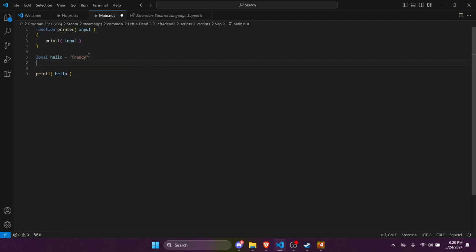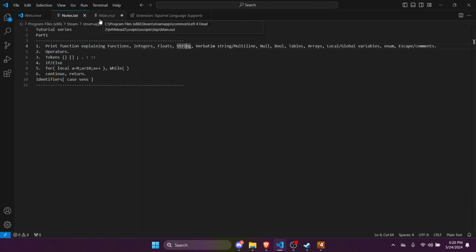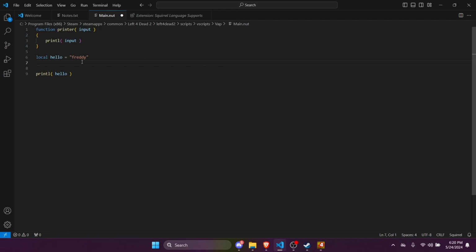String, I already went over string. String looks like this, right? When you have stuff in here, like whatever. Okay, and now a verbatim string. Now I love these. These are amazing. So what verbatim strings let you do